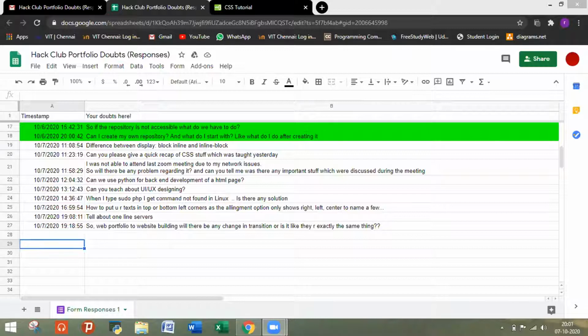Yeah, I forked some repository accidentally. So I didn't want to fork it, and I want to unfork it. How do I do that? Okay, see, I went to that YouTube video for Git you posted in WhatsApp. No, I also searched there. I can't find that, so I am asking you.